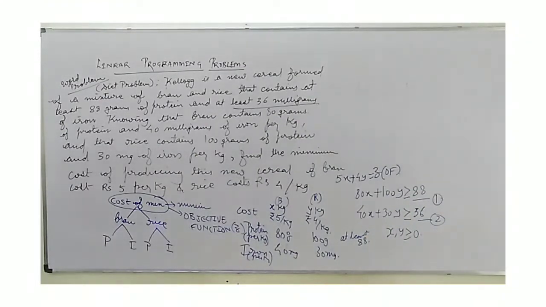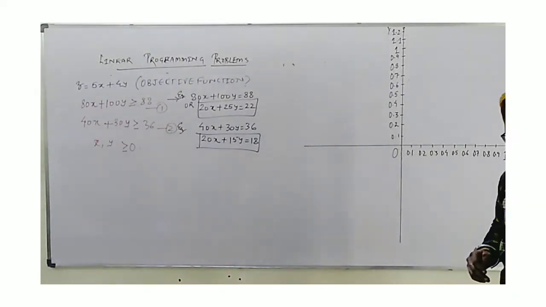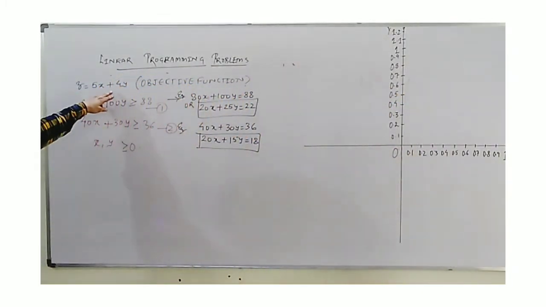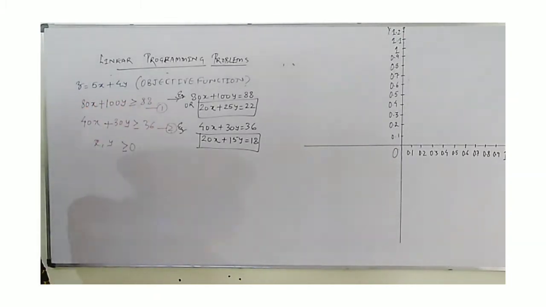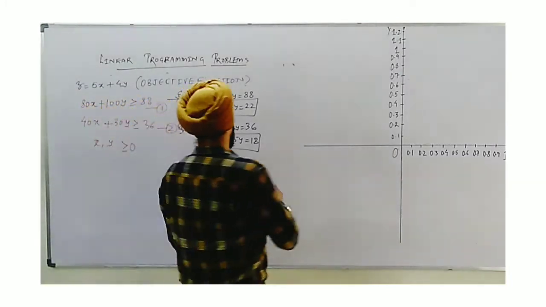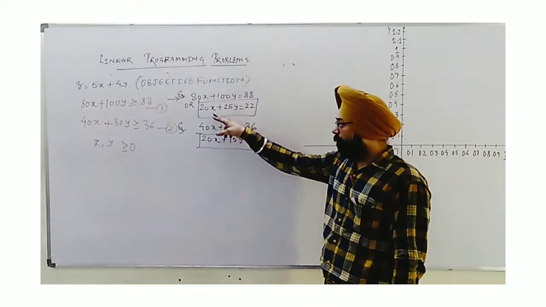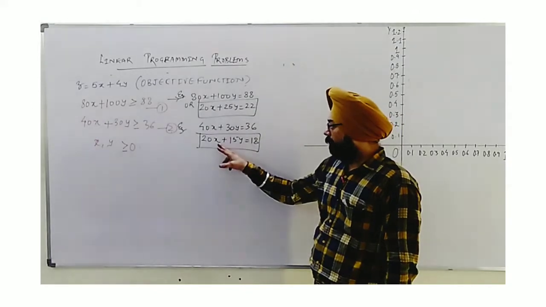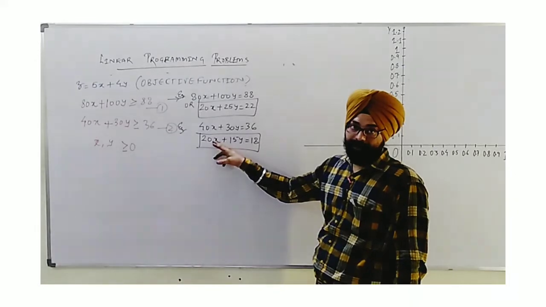Now we will do the plotting. To plot these on graph paper, what have I done here? The objective function we obtained is z equal to 5x plus 4y. These two are constraints. Corresponding equations I have written in simplest form. While taking the scale here, we have to be careful. In this equation, if I take y equal to 0, I find x equal to 22 by 20, which is 1.1. Here, if I take y equal to 0, I get x equal to 18 upon 20, which is 0.9.